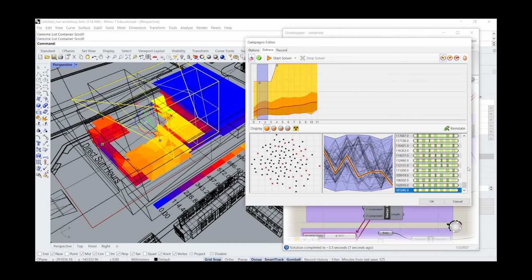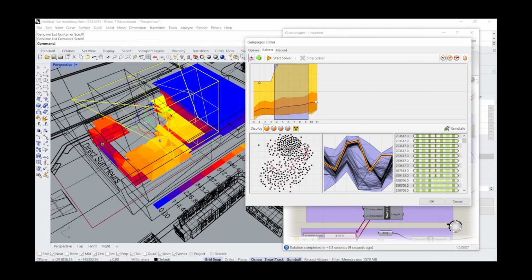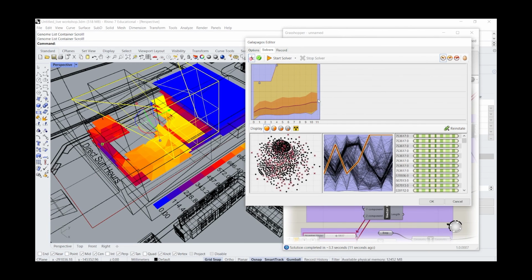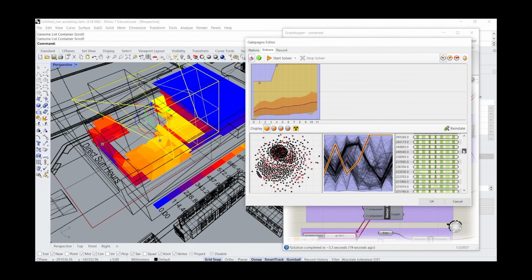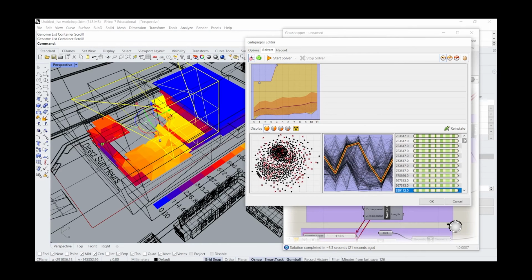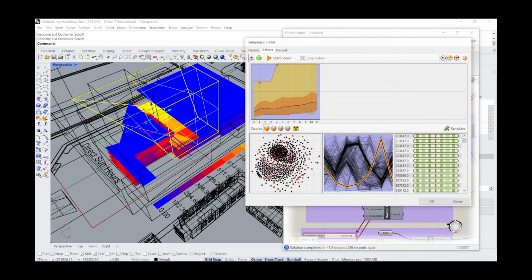So it's actually interactive. It's not just visual. You can start selecting. So basically, these are all the iterations it did, and these are their ranges. And then if you select all the iterations, you can go from the worst, which is this, to the